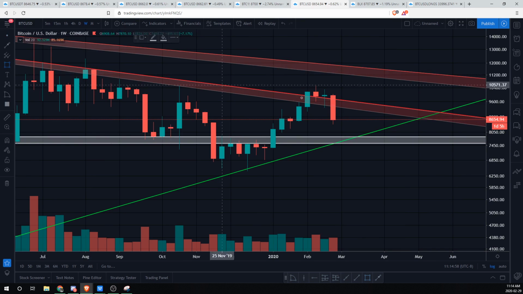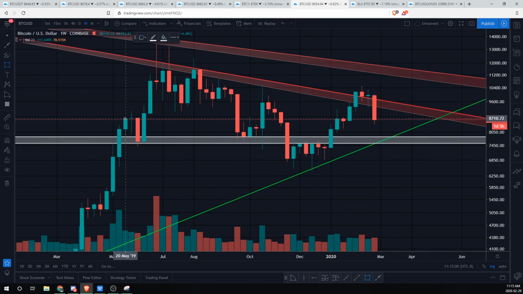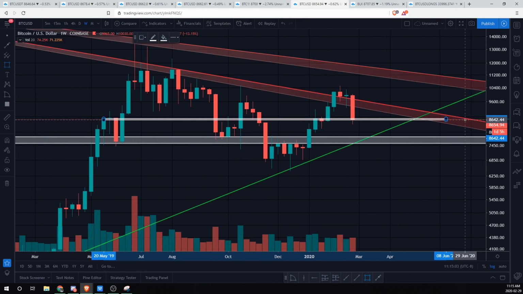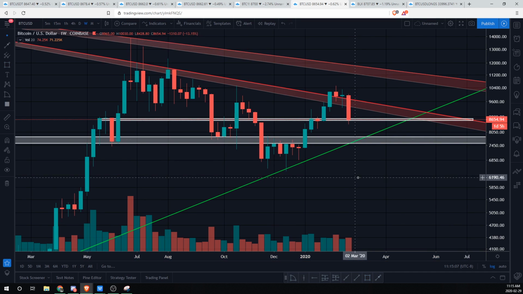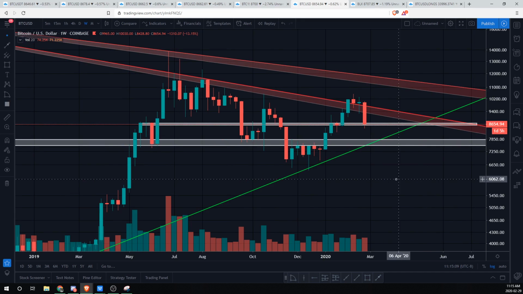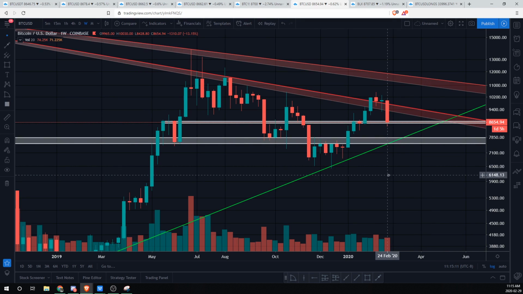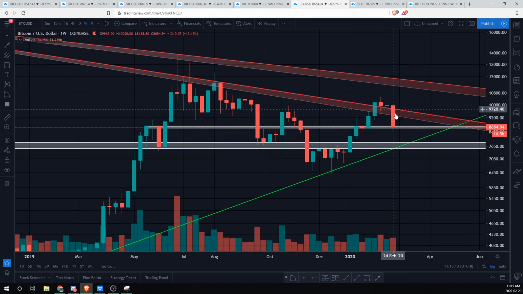We do have a level that we're currently testing as a support right now, right here. So we'll see how the price reacts to these zones. Makes sense that we are going to get some level of consolidation because of the significant drop that we had. We are seeing now volume distribution where definitely we are seeing more sell volume than buy volume, especially with that